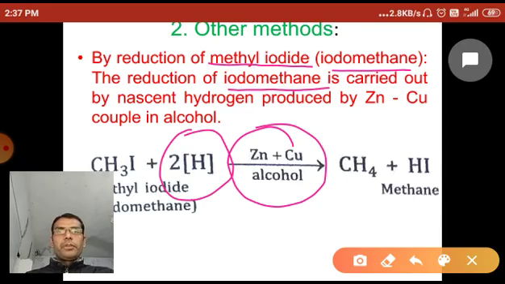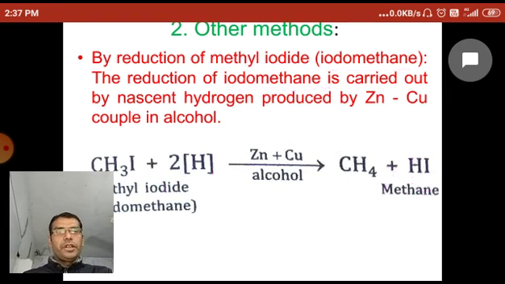So whenever the zinc copper couple is added to the iodomethane, the zinc copper couple with alcohol produces nascent hydrogen, and that nascent hydrogen replaces the iodine and forms HI, and one hydrogen combines with the CH3 to form CH4, methane gas. So from iodomethane we can also produce methane gas by using the zinc copper couple